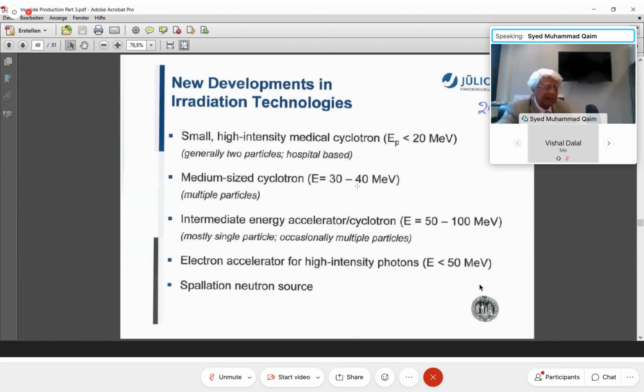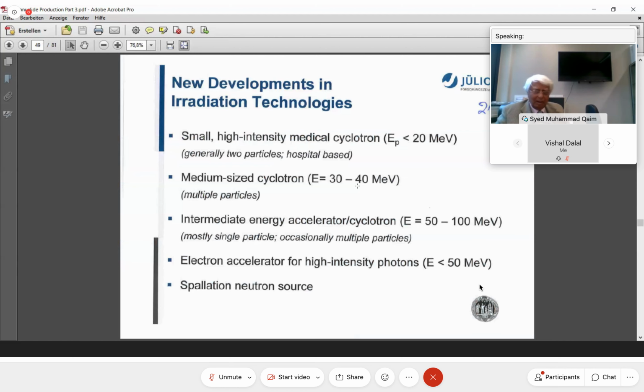And recent numbers I have seen through the IAEA and through some companies are that 1,200 cyclotrons are being built, are being commissioned in different parts of the world. So you see, it's a big, big change coming to the medical applications of radionuclides and the technologies being developed